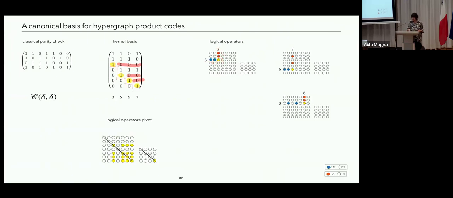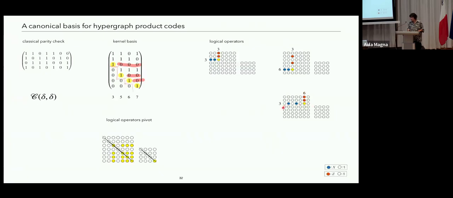As you can see, they are on the same column and row, and their pivots overlap exactly on the diagonal. Here I took twice the same vector, so I call this logical operator 3, 3. And then I have 3 and 6, and I can have this kind of configuration or